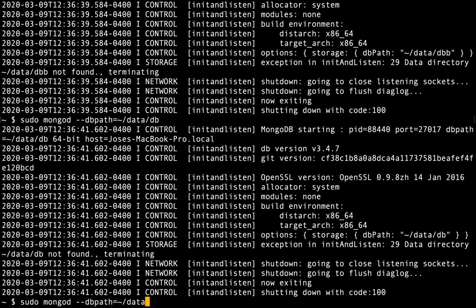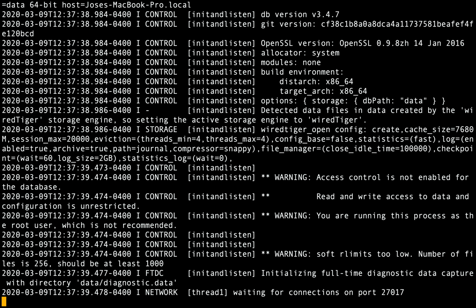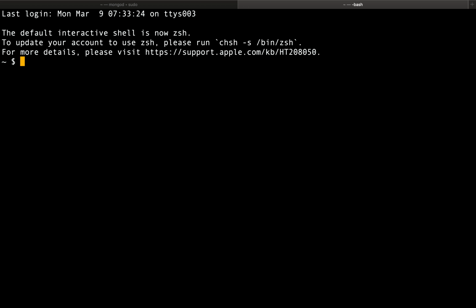Yeah, that's what I did. Oh, without the dash dash. Oh, it is with the dash dash. There we go. All right, it's up and running. Notice that it's listening at 27017. And then in a separate tab, we can start the Mongo client. All right, so let's talk about the Mongo client next.